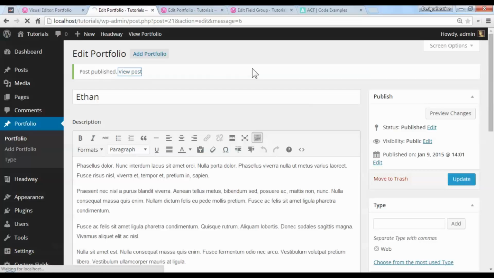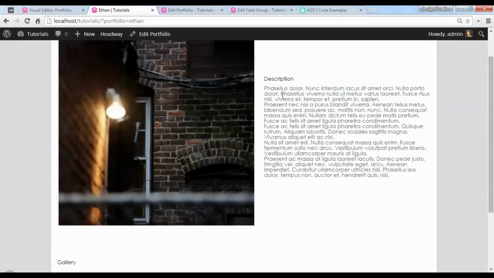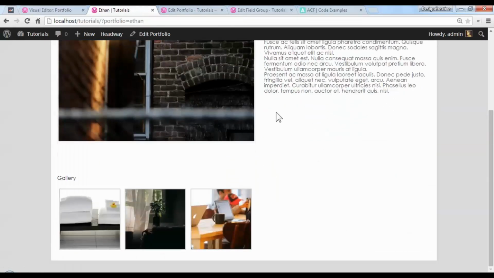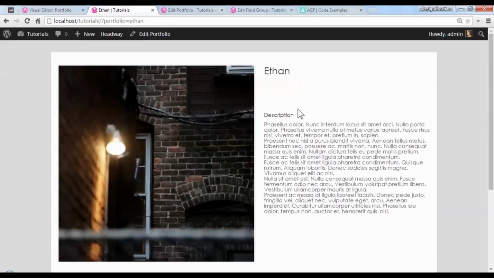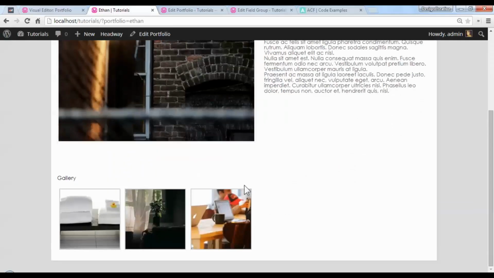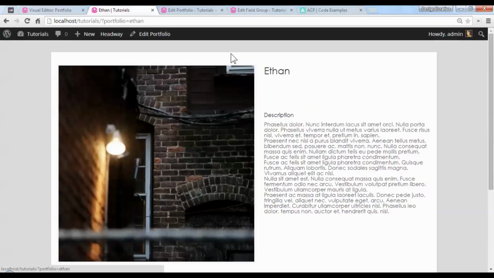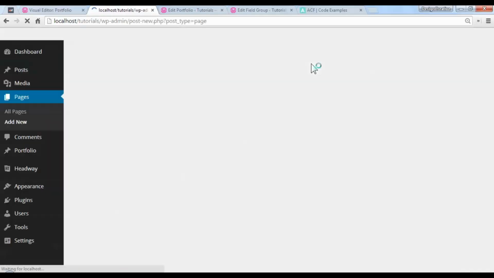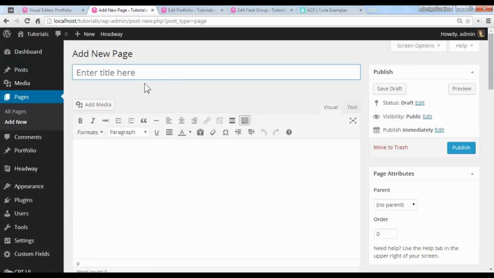And as you see, when we view post, it only shows us the description. It doesn't show us the year or the type. It only shows us what we need to see. Okay, now to display all the custom post types, we just need to create a new page, and we can call this one projects. Let's publish this page,